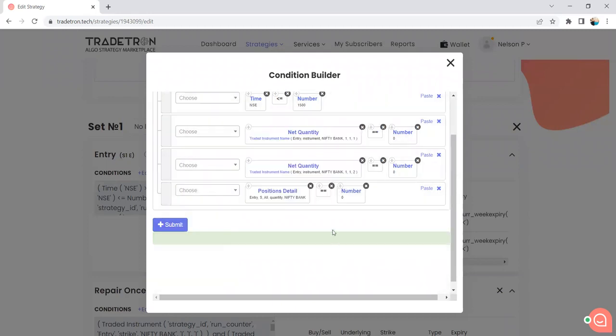So this is basically for one time entry. All right. Now, if you want to enter into this straddle 2 times in a day, this is basically for one time entry. If you want to enter 2 times, then what you will do is you will simply change this position details to is greater than equal to